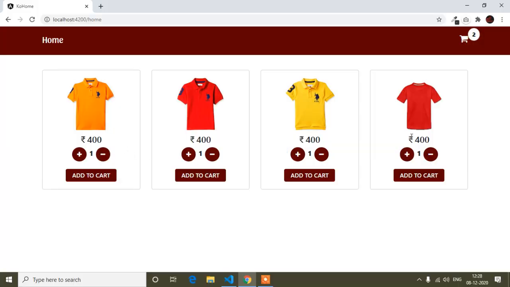So guys, you can see here is the product, and all the products are statically maintained. But when we work in a real life project, all the data comes by API. Here I'm not using API. If you know how to fetch data from API, you will know that the data we fetch comes in an array format or object. So we can create an array in the TS file, and then fetch the data from this TS file's array. It will be the same as API.